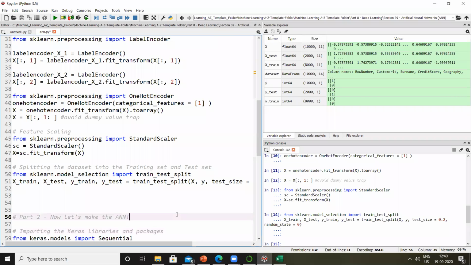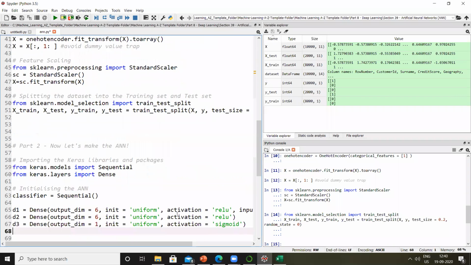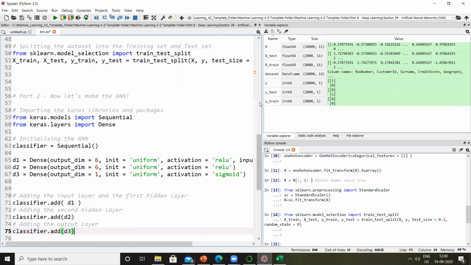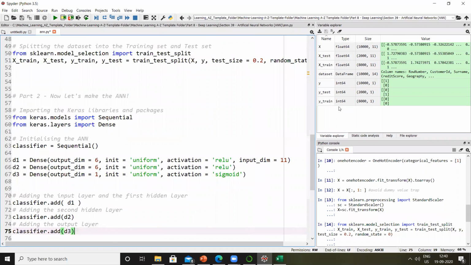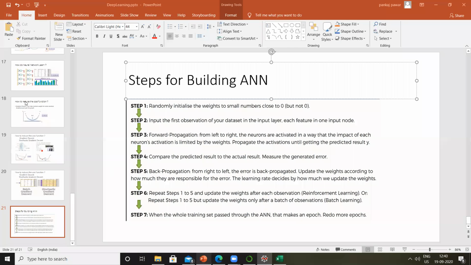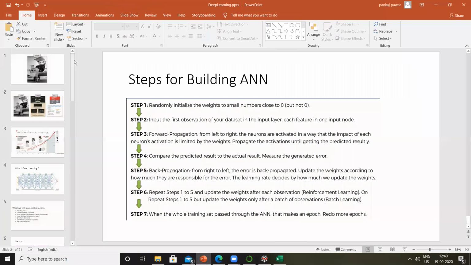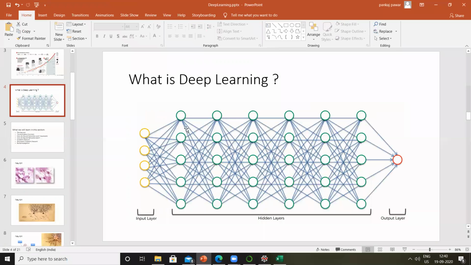Let's move. Now we'll start with artificial neural network. Now, as I mentioned in our last session, we are going to use a library called Keras, right? And also our ANN, you can see this diagram of artificial neural network, right? I told you it's a sequential, right? The output